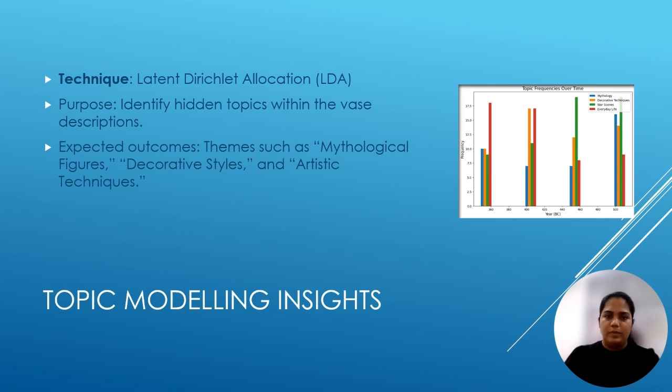Moving on, we plan to track how frequently certain terms appear in vase descriptions over time. This mock-up line graph illustrates that we expect to see trends in the emphasis of certain subjects, like Heracles or Satyr, across different centuries. By examining term frequency, we hope to highlight shifts in focus and thematic evolution over time.